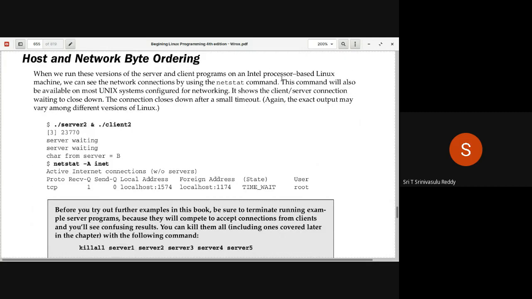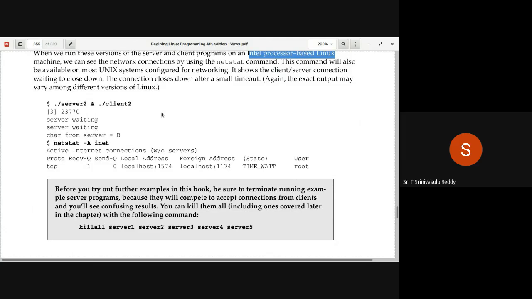You have Intel processor based Linux machines, and you also have Mac systems, your Apple machines, which store them differently. Again, the exact output may vary among different versions of Linux. So what we are talking about is the following.